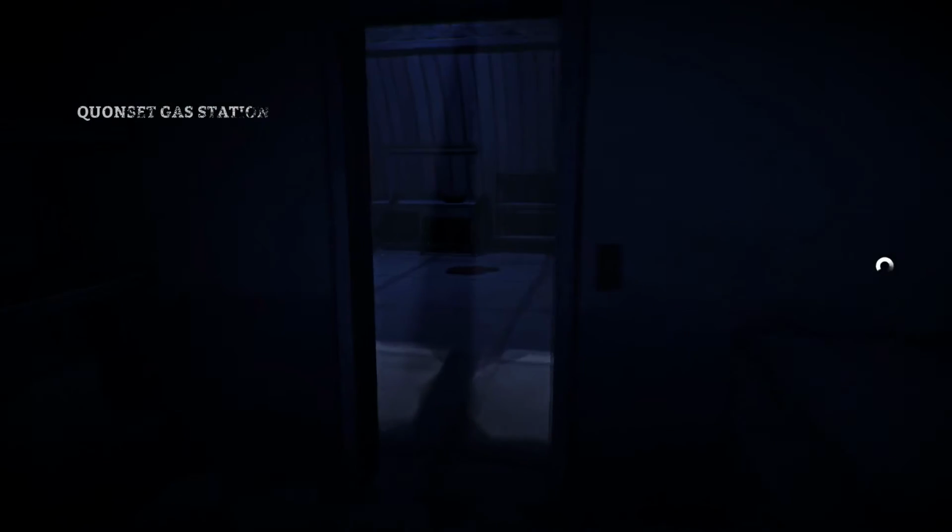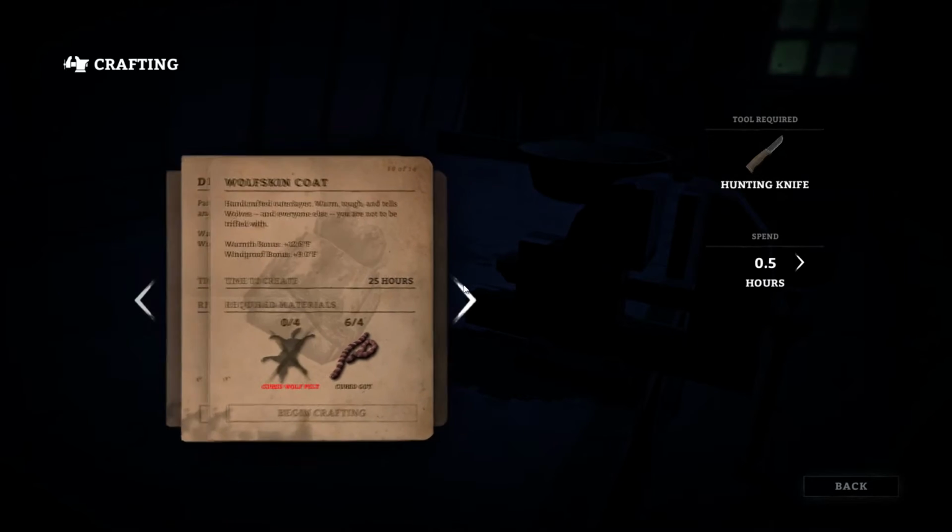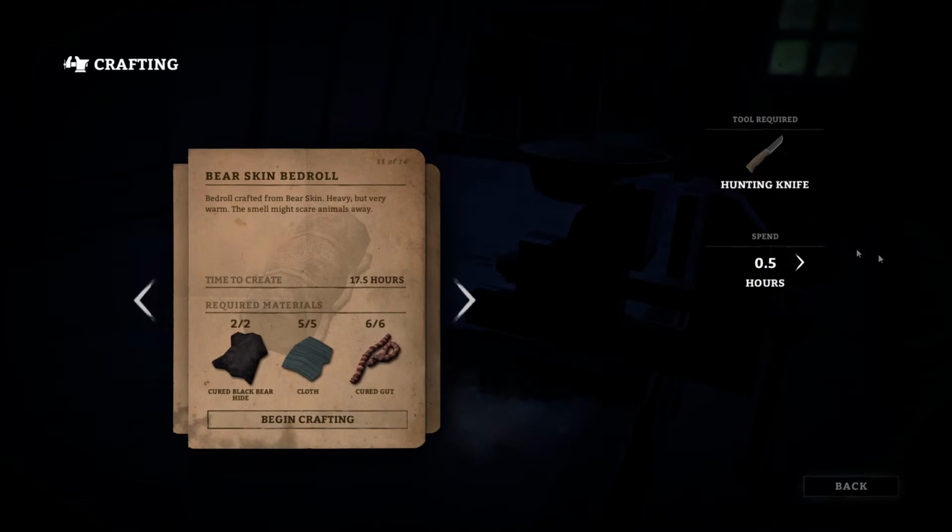Alright, back to the Quonset gas station. I always forgot that it had a name. It is called the Quonset gas station. Alright, here we go. And watch, this time I don't forget, so I actually don't spend an accidental half hour on it. It's going to take 17 and a half hours